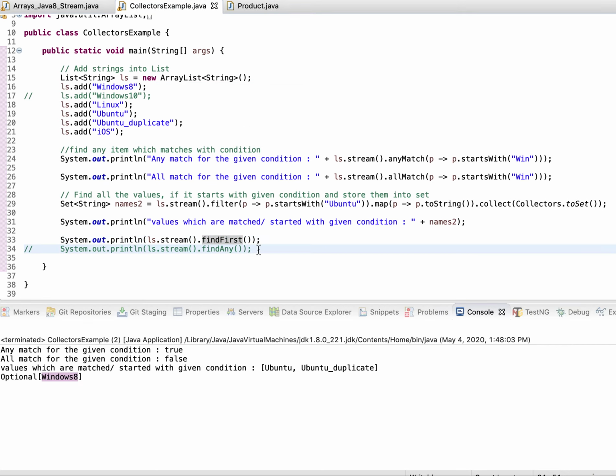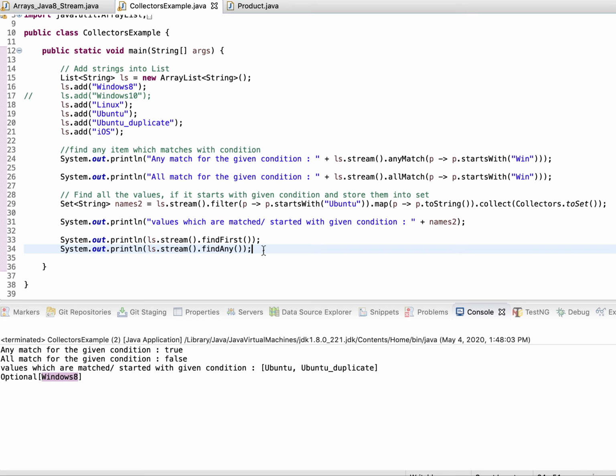And there is one more, findAny. This behavior is non-deterministic, because when you are doing parallel or multitasking, this is really helpful. Whenever you hit this, it might give you a different option, because it can pick any option. It's like random, a non-deterministic behavior with findAny. But most of the time, if you are dealing with a single thread or only one sequence, there may be a chance it will always give you the first. But this behavior is non-deterministic.